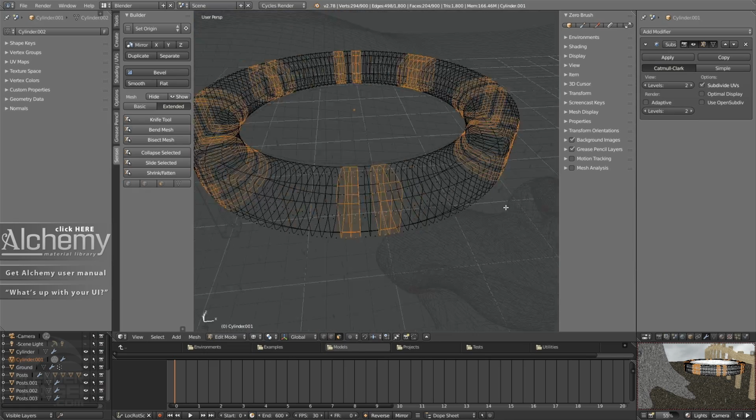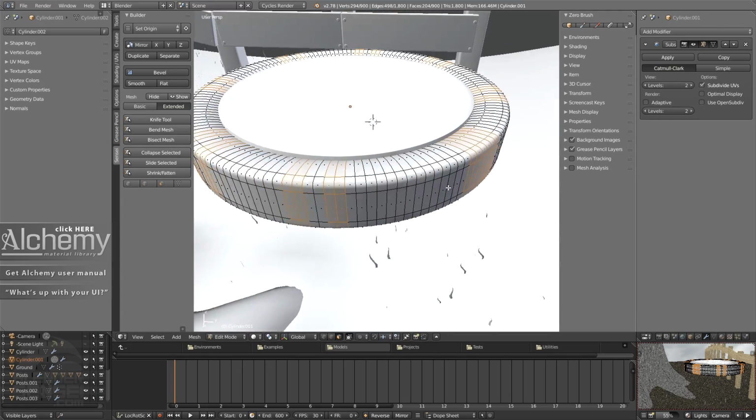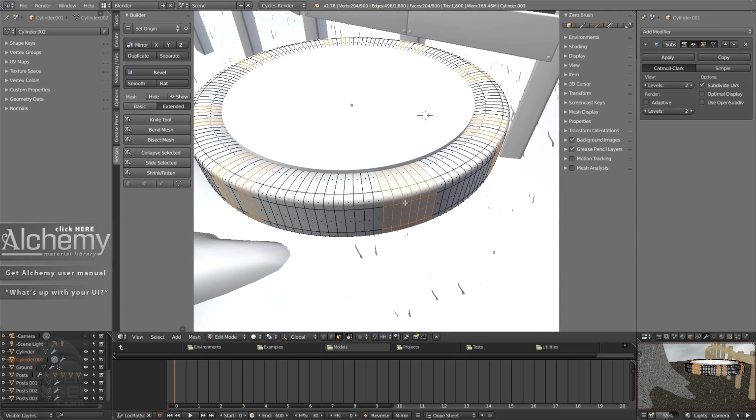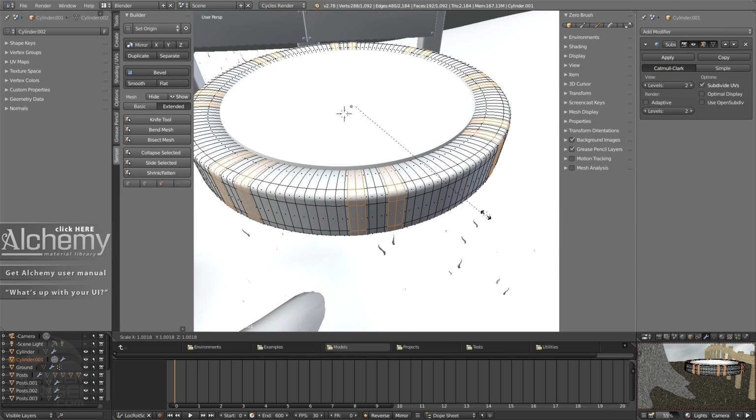Okay, now I got the selection I want, so yours should look something like this if you're following along. Wait, didn't get that one over there. Let's Alt-Shift those so those get deselected. E to extrude, and then rather than pressing S to scale, I want to press Alt-S to scale, which is